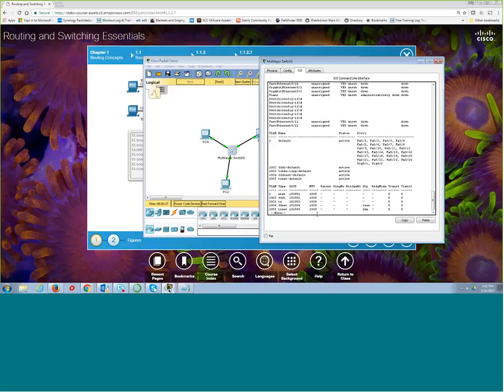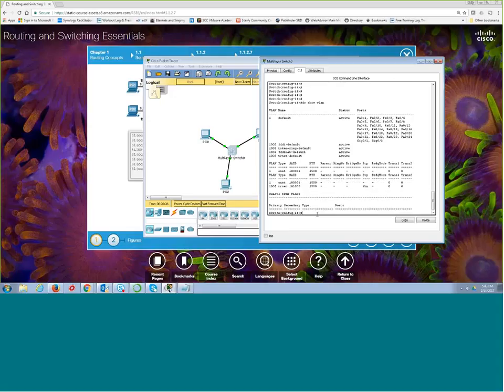All right. Now I'm going to show you something. By default, all ports are in VLAN 1. Now, they're going to show you to put an IP address on VLAN 1 for management. And then very shortly, we're going to start putting it on a different VLAN interface. In the real world, we would never put an IP address on VLAN 1. But for this purpose, we're just showing it to you so that you get a little bit of an inkling of what's going on. So I'm going to put an IP address of